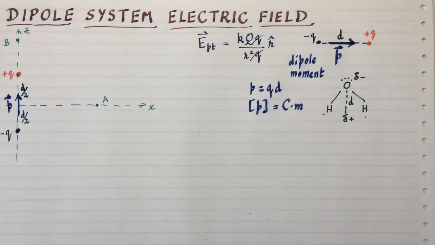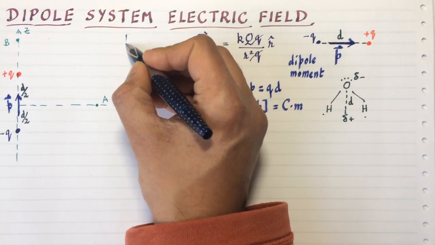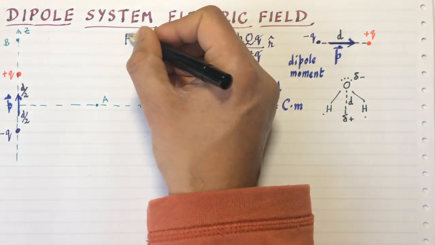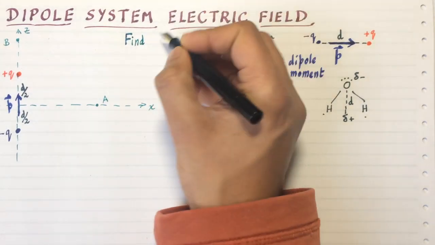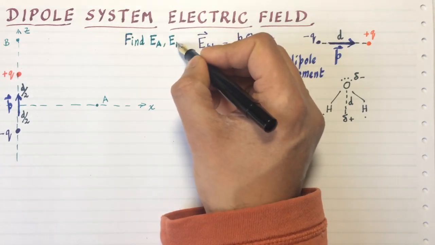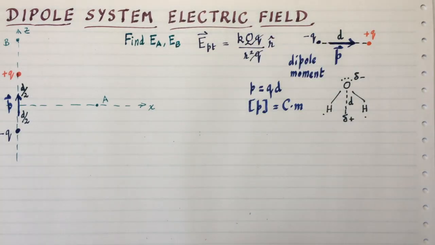Now our aim is to find the electric field at point A and point B. This is actually a nice exercise, because at the end of this exercise you will learn some survival skills. If you are in a area with very poor cell phone receptions, let's say you're in the Adirondacks hiking the 46 peaks, and suddenly you're lost and you find the cell phone coverage is really bad there, this calculation is actually going to probably save your life. So let's see